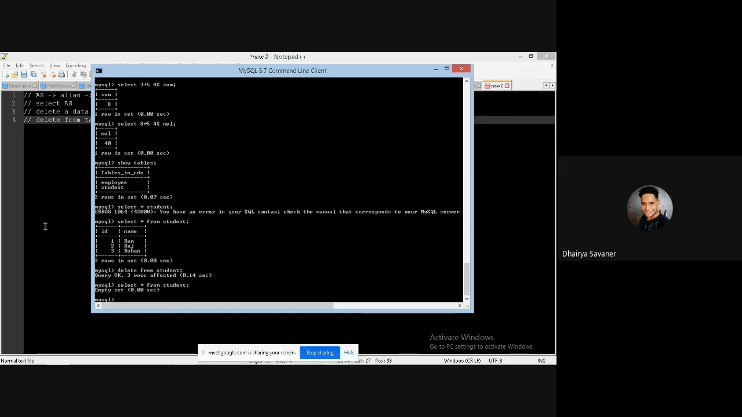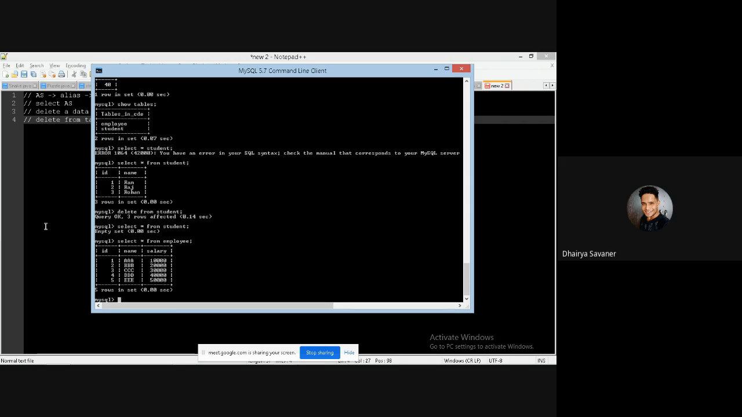Now when we try to select data, we see an empty set, so we cannot have an output. What should we do in this case? In this case, we are going to use the where clause. So let's select star from the employee table, and make sure that we don't delete the complete data here. So let's write delete from employee